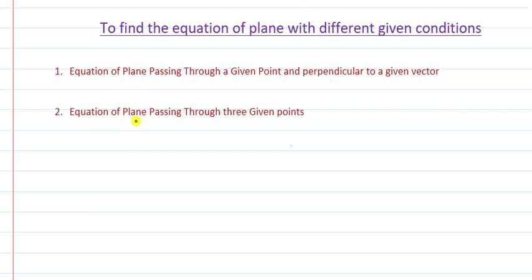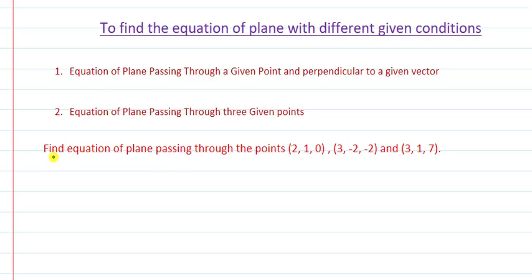It is equation of plane passing through three given points. To explain this, that how to find out the equation of plane when 3 points are given to us through which the plane is passing. Let me take one example, because I have told you that there is no particular formula to find out the equation of plane whatsoever I am going to discuss today. So instead of explaining anything more, let me take example.